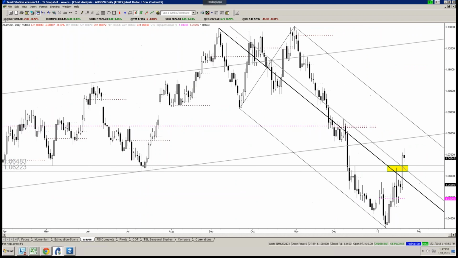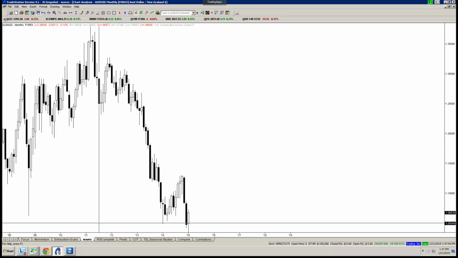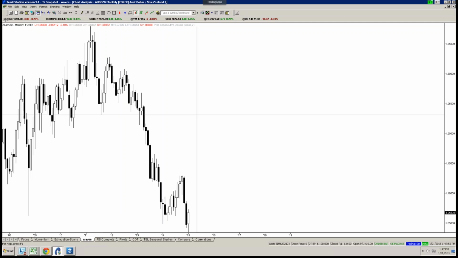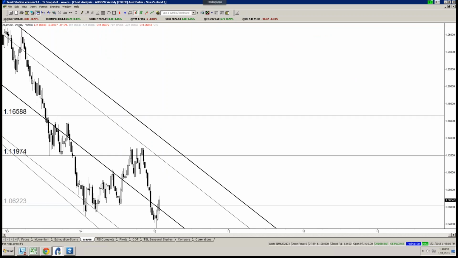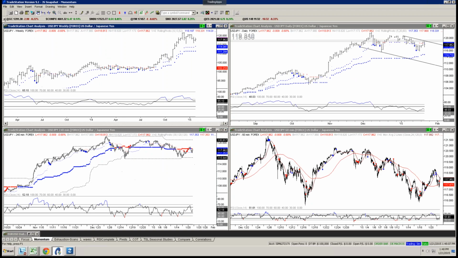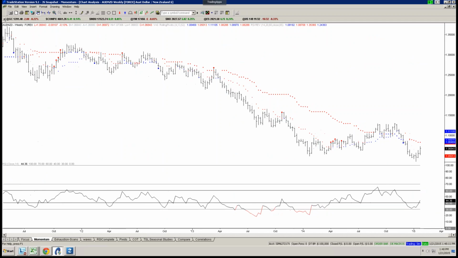And keep in mind, we're coming off of lows that we haven't seen in basically 40 years. This is a weekly chart, in the process of making a larger reversal. I want to see what the momentum looks like on a weekly chart. You've got big divergence down here, new low, RSI above 30. So there is definitely the risk that Aussie outperforms Kiwi going forward, okay?